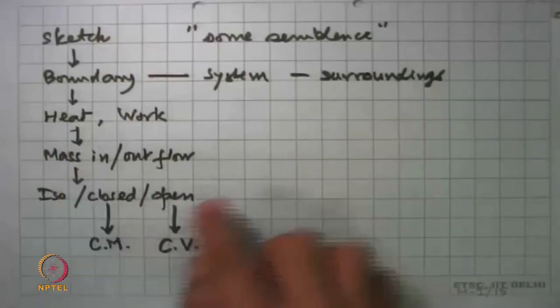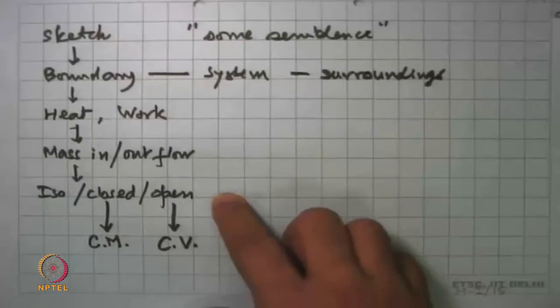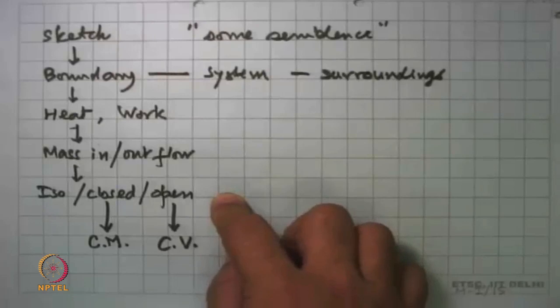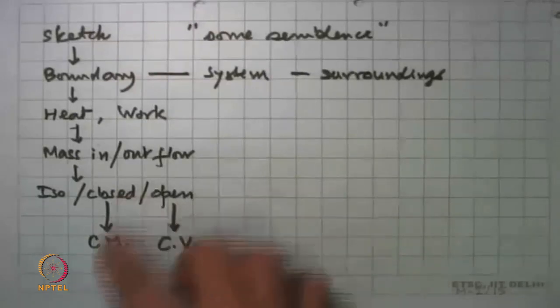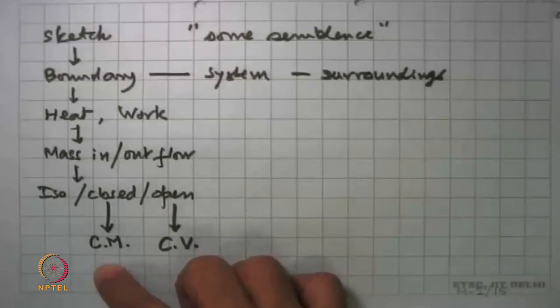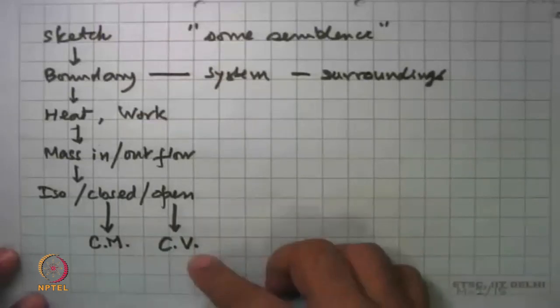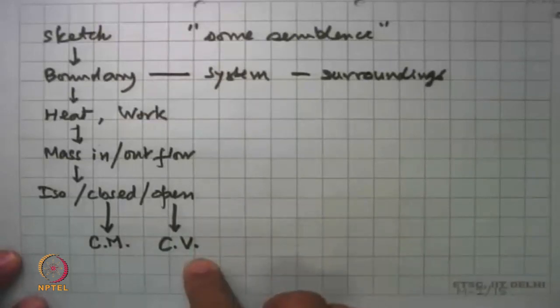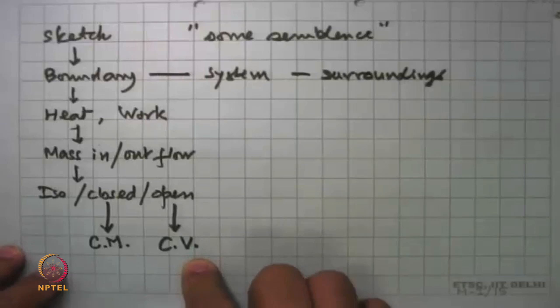And then we define these special types of systems, isolated, closed, and open, and said that for the closed system, the equations will be formulated in the control mass approach, the CM, and for the open system, we look at the systems and the equations in the control volume approach, the CV approach. So we will now pick up on this